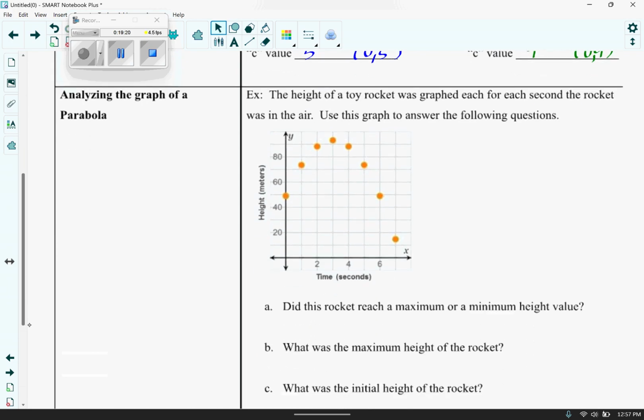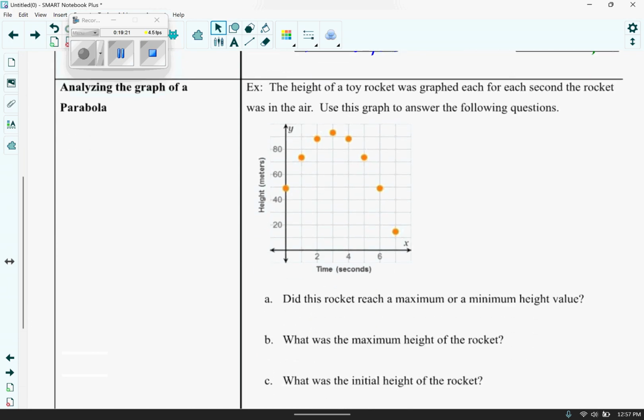And then here we have some questions. Did this rocket reach the maximum or minimum height? Well, it is up here, so that would be a maximum. And then what is the maximum height of the rocket? Well, the highest it will ever go. Here's 80, that was 70, that would be 90. It's more than 90, but less than 100. So let's do, it's less than half even, maybe 93 meters,